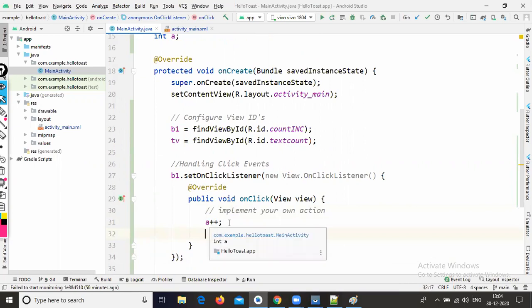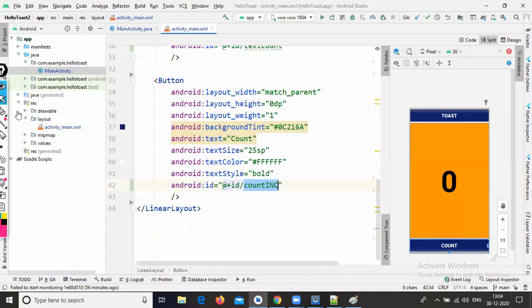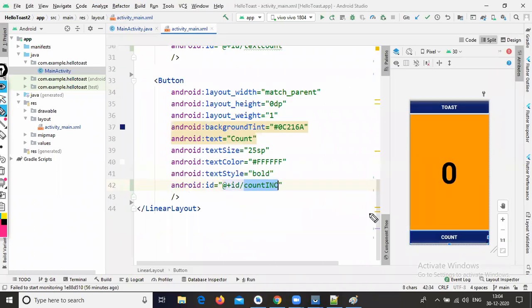Now I want to display this increment value in the text view. When I click this button, the count value is incrementing, but I want to display it to the user with the help of this text view.